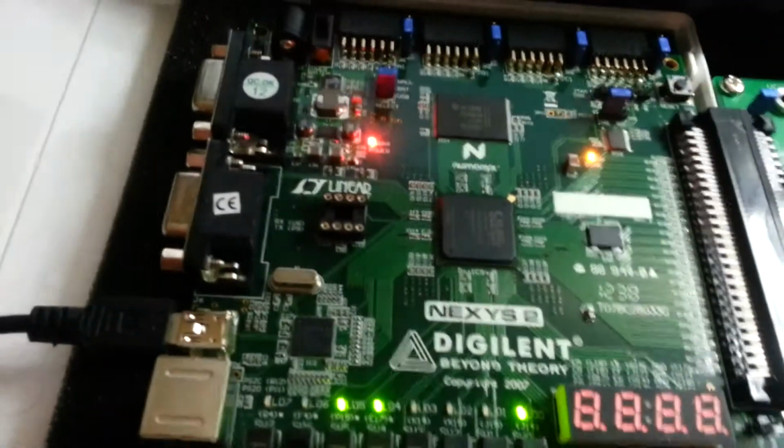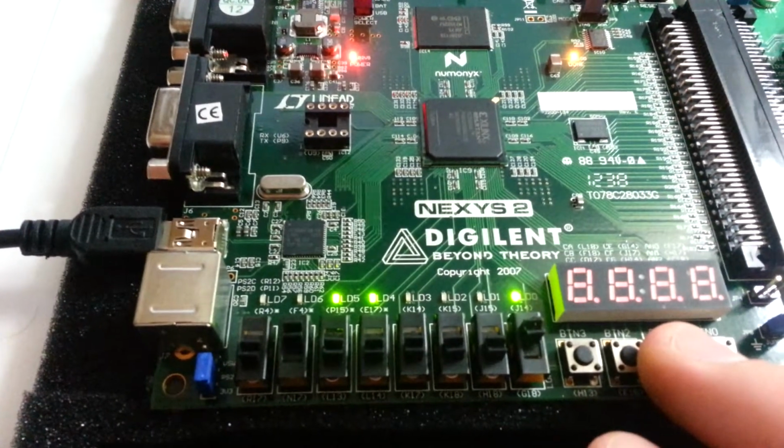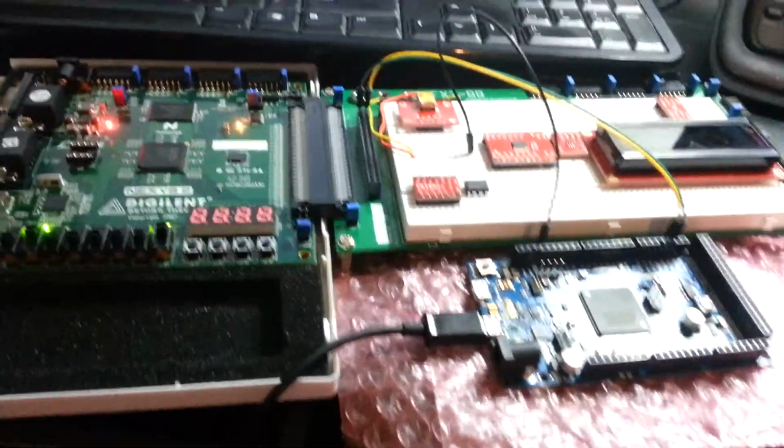So let's try sending an A this time. Capital A, sorry. Go ahead and hit send. Took a little bit, so you can see it's an A. Alright, so I'm going to come down here again. Let's do read enable. There it is. So we're able to successfully get UART over a baud rate of